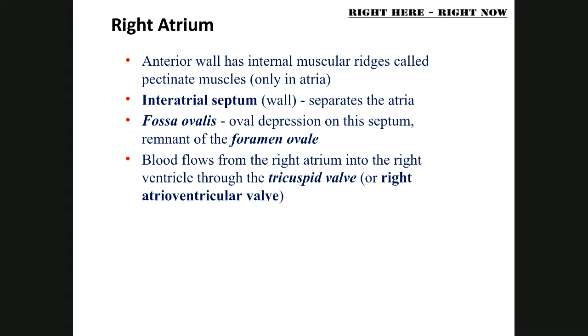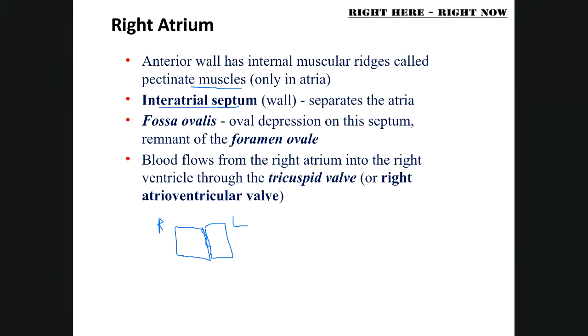So the right atrium, if we look at the anatomy, the internal wall has these pectinate muscles. In between the chambers of the right atrium and the left atrium, and again, remember, we're always looking at the models' right and left. So this would be right. It's not your right and left, and this is the left. There's a little septum or a little wall here, and that's called the interatrial septum. And this is going to be important when we study the conduction of the